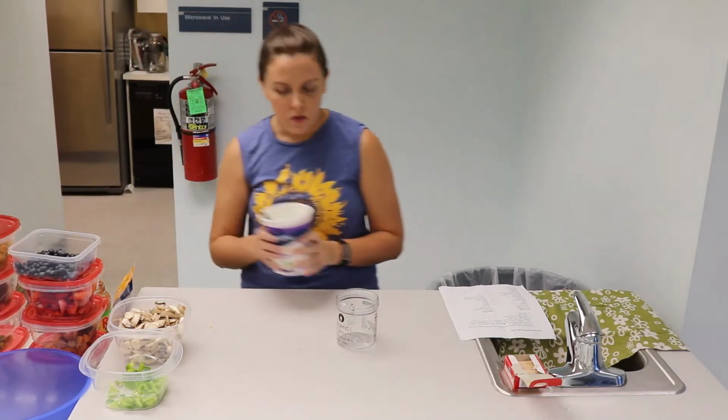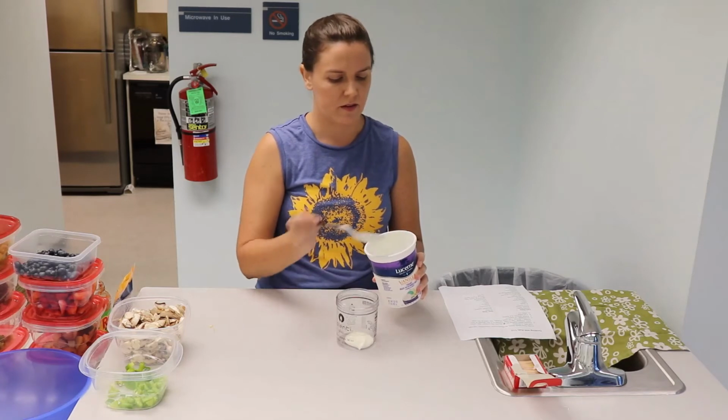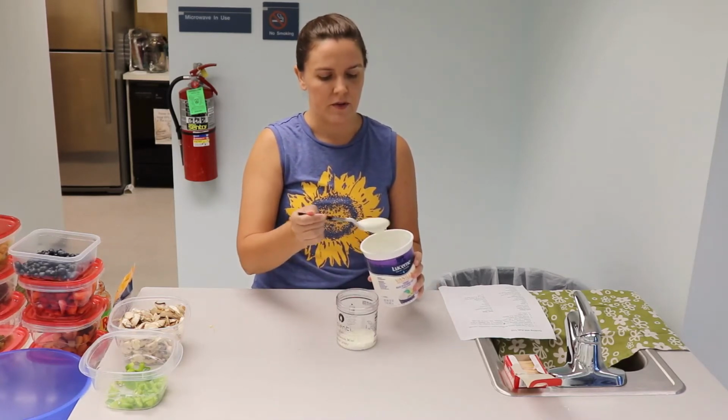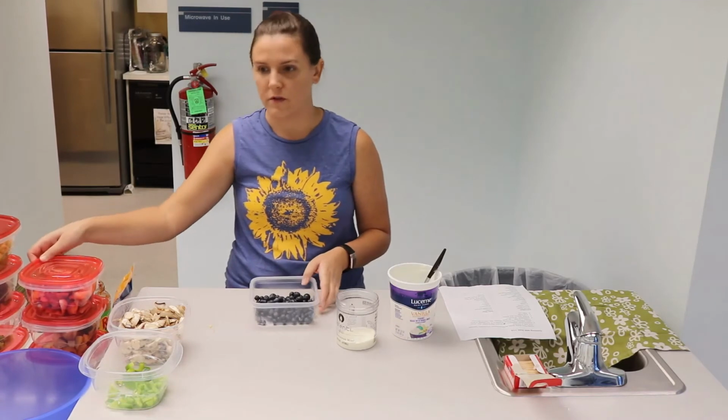Now, parfaits are one of my favorite things to eat. I have a little container, you can probably tell where I got it from. It's a reused container. And you just get some yogurt. Plain yogurt isn't my jam. Some people really like it. It's not my favorite. I usually use vanilla yogurt or maybe a strawberry or blueberry yogurt. You can just throw it in and then get some fruit of your choice